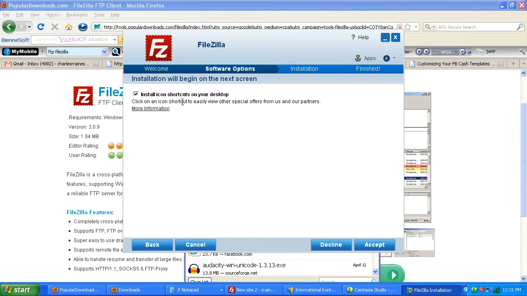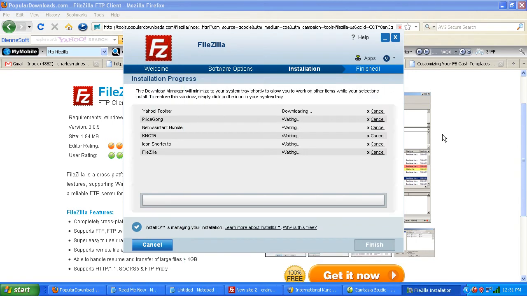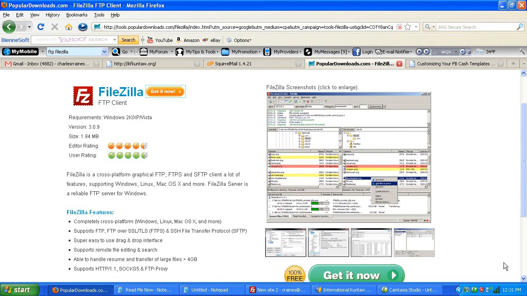But anyway, it's going to install shortcuts on your desktop, I'm going to accept that. We're going to get rid of this. Installation progress. Right here's your progress bar. And now, while that's installing the software, what I'm going to do is I'm going to go over and download